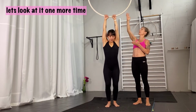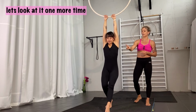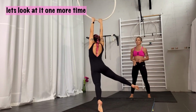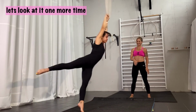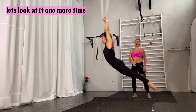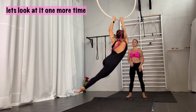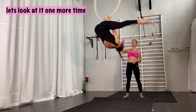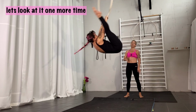Gabriella is again under the hoop, sitting down, putting one leg in the front, the leg which is following, taking speed with the other leg, straightening it, going backwards and taking a good amount of speed. So she's really speeding up. Once she has enough speed, her legs go to the back. And once she feels ready, she's going to cross with her legs, scissor as much as she can and twisting up. Nice. And then keeping her right leg up, keeping it up towards the hoop, taking the left leg down